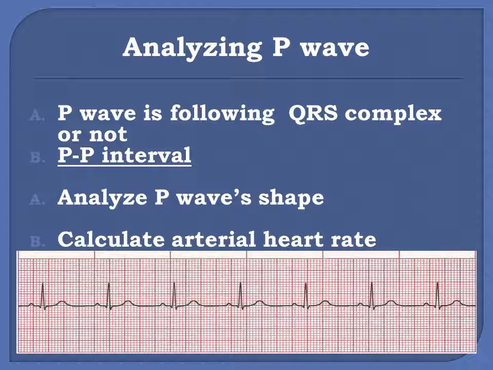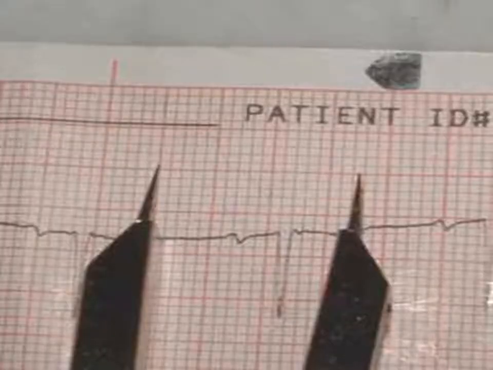Finally, to determine the atrial heart rate, apply method 1 to calculate the atrial heart rate. So let's count the number of P waves within this rhythm strip and multiply this by 10. So the answer is 70 beats per minute. Now let's combine all the analysis of the P wave for the documentation at the end. This slide shows the use of a caliper in order to measure the PP regularity or RR regularity. You may use a piece of paper to check the regularity in clinicals.